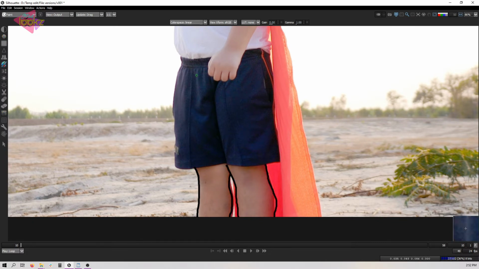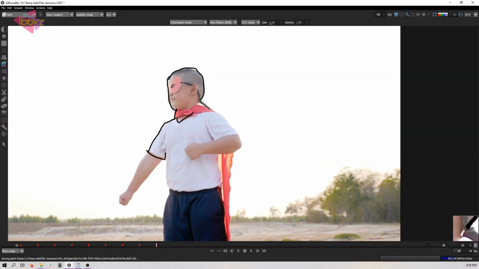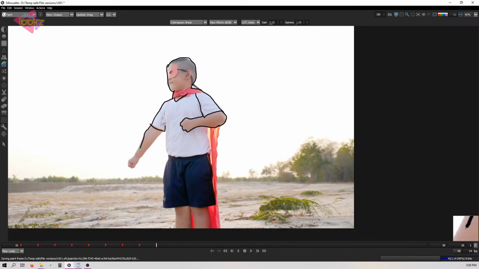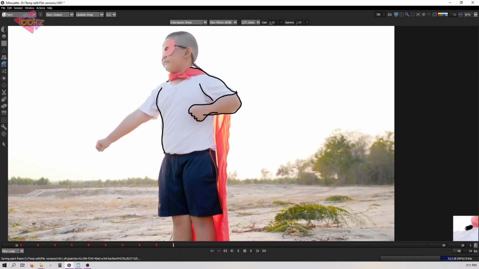So I don't need very precise edges. For a demonstrative purpose, I'm doing it like this. If you want a precise result, you should draw very precisely. Just now I'm doing it roughly. This is the hand and all this. Let me make it a little more precise so that the structure looks almost like the boy. You can use a Wacom for drawing the lines more precisely.